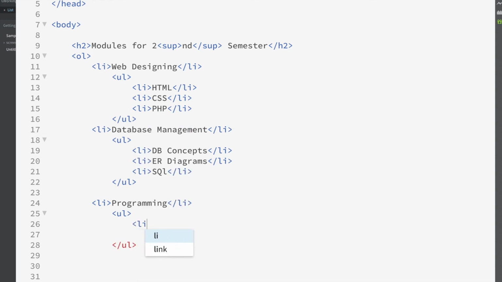So my list item, I'll put Java. Right. So let's save this one and check in the browser. Right. Here you can see the results. So this ordered list is called an outer list, and this unordered list is called an inner list. So you can create this nested list